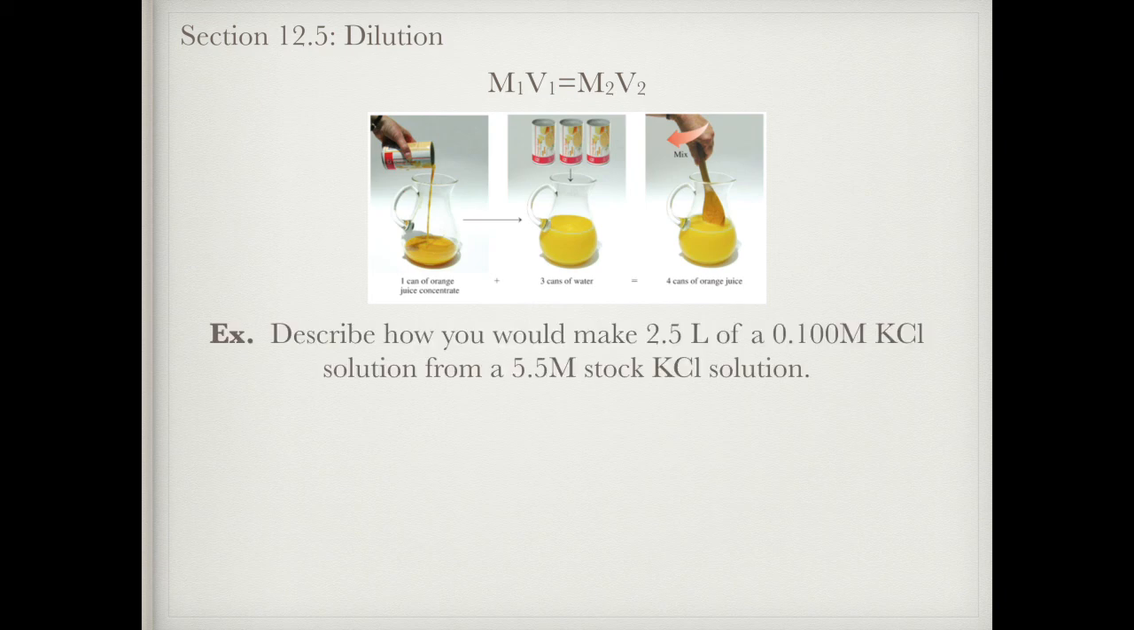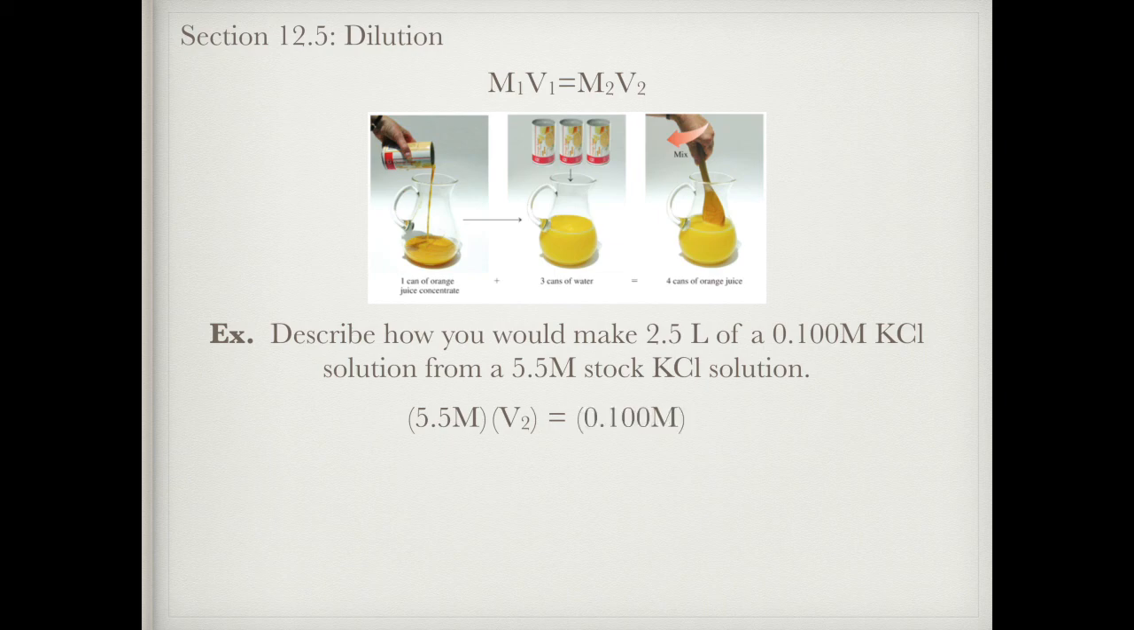So let's look at an example. It asks me to make 2.5 liters of a 0.100 molar KCl solution if my stock solution is 5.5 molar. So my 5.5 molar is my concentrated solution. So I'm going to M1V1 equals M2V2 it. My M1 is 5.5 molar. That's my concentrated solution. And I don't know how much of that concentrated solution I need. So that's my V1. That's going to equal